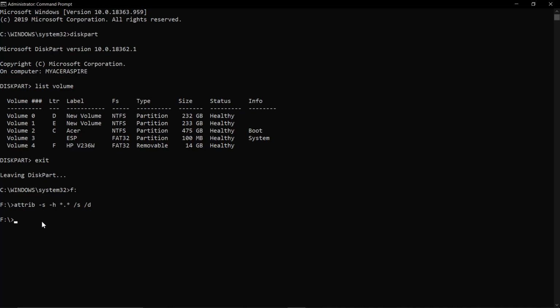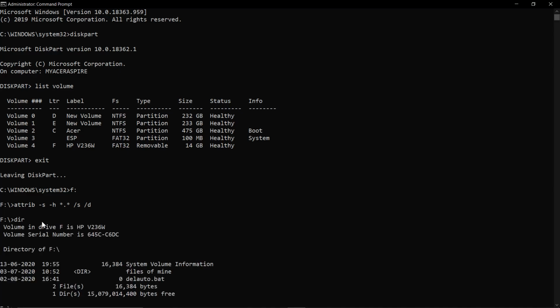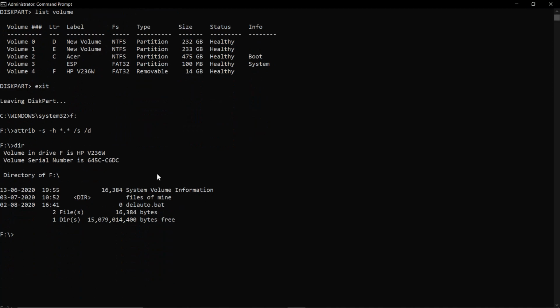Now type directory. You have to find the directory. So the directory command is dir and press enter. Now you get the files which are there in the directory, the pen drive. You can find the names of the files, and this is the file that I'm talking of.